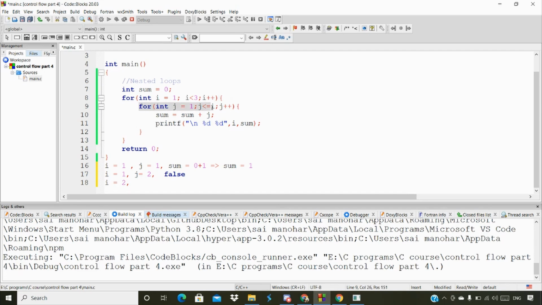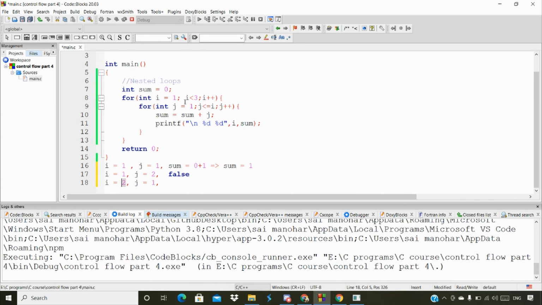So here we have one more for loop, and it again starts from j is equal to 1. Again it is going to start from j is equal to 1, because when I is equal to 1, it starts from 1 and checks the 2, and we keep on repeating it. But when it comes to 2, the condition is false, so it terminates from this particular line, and again it moves back to line number 8 here. So here we have incremented I plus 1. Now we got output as 2, so I is equal to 2 here.